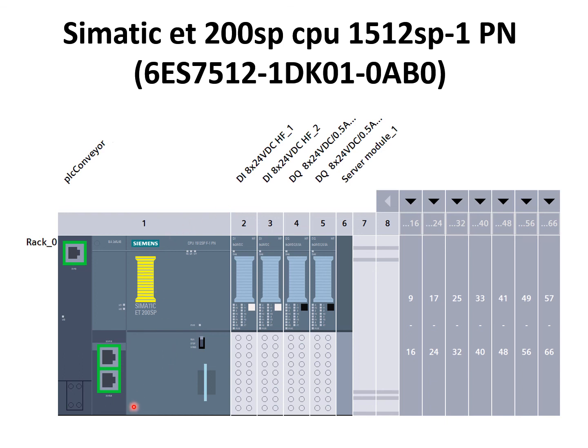Okay, so where did I get this picture? From the TIA Portal. In the TIA Portal, which is used for programming and communication with Siemens PLCs, there is one section for designing and choosing the hardware. Okay, so we selected this